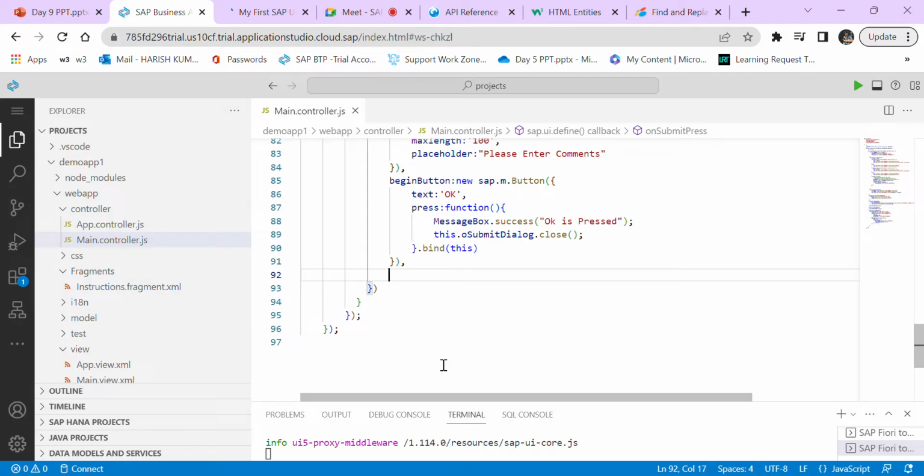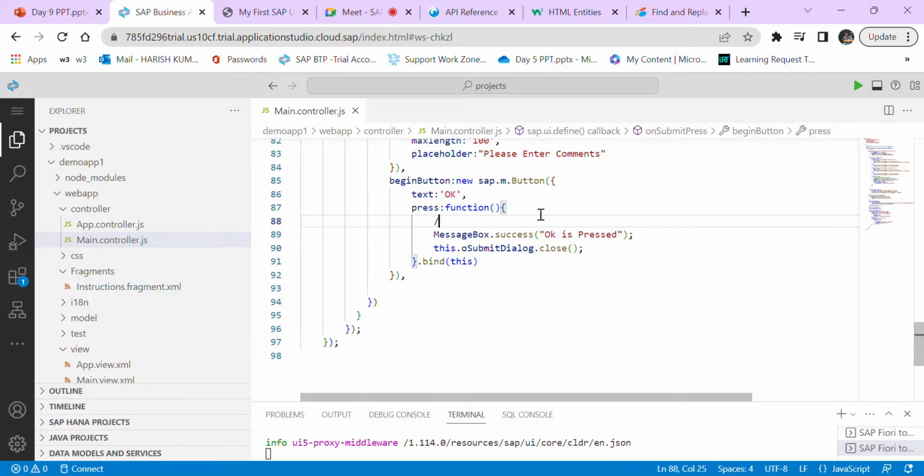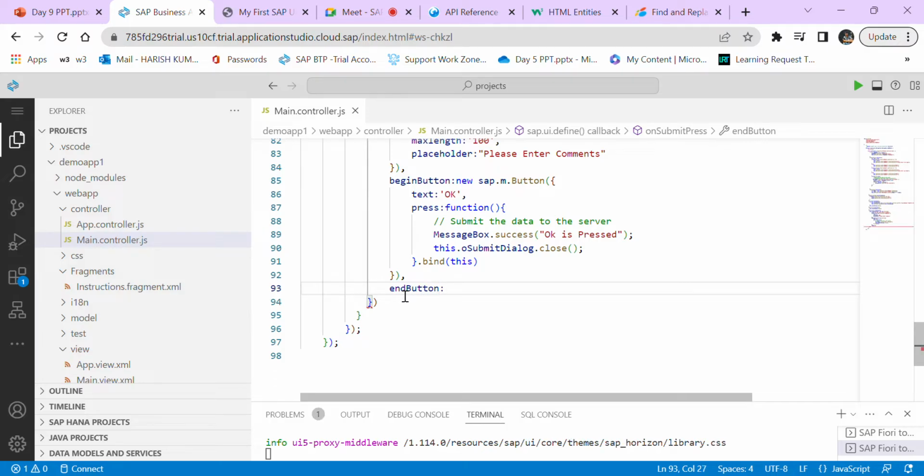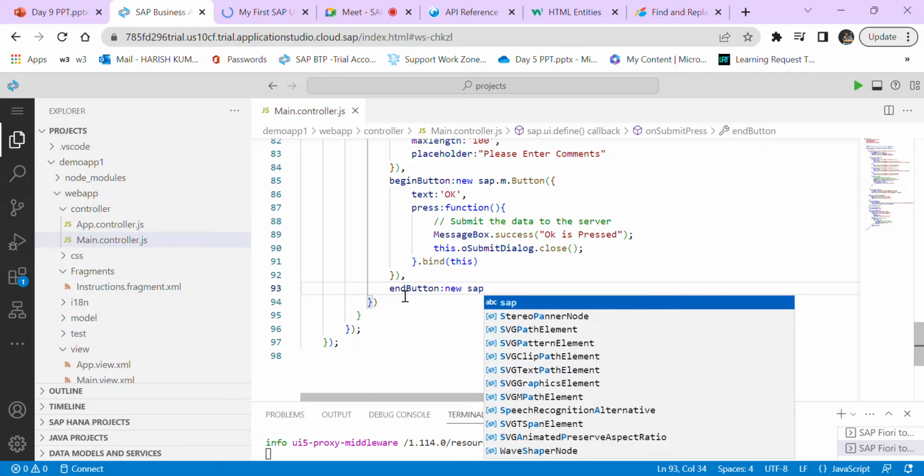Again, we have another button. One is for pressing OK. OK means it will submit when the user presses on this OK button. What happens? It will submit the data to the server. If the user doesn't want to proceed, then what he clicks is another button we will define, the end button. If he thinks that he doesn't want to submit after entering the remarks, then we'll create an end button,